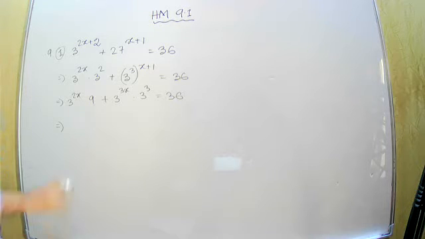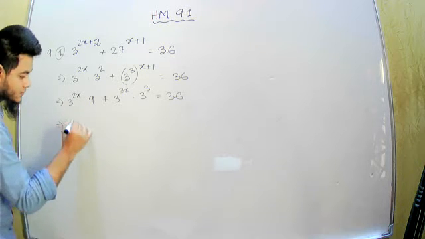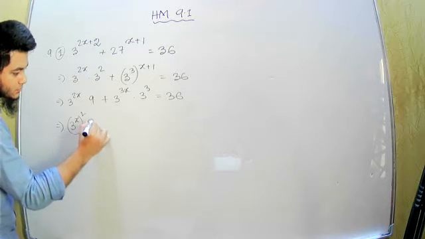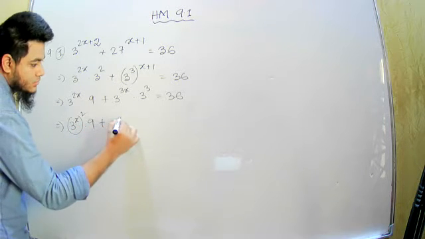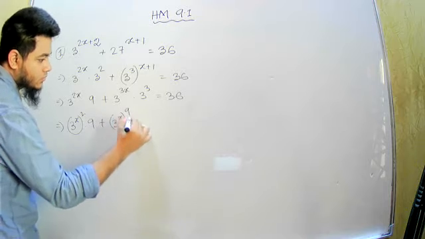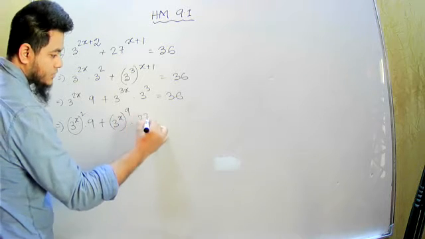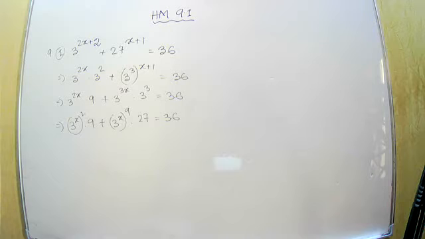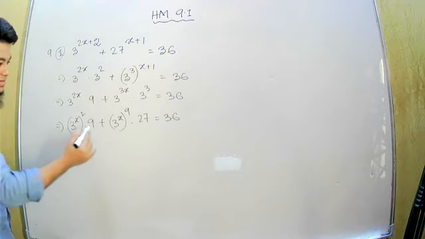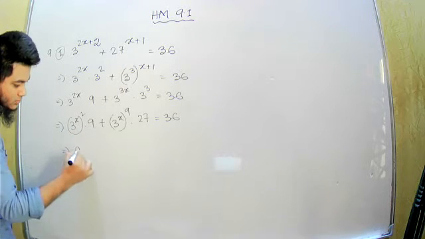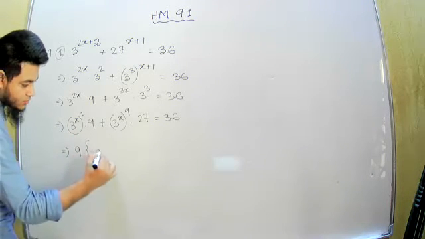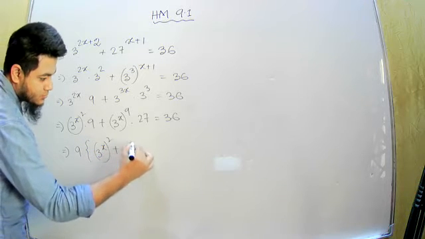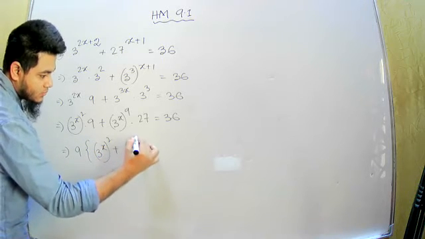Okay. So 3 to the power x, here it will be whole square into 9, plus 3 to the power x, it will be whole cube into 27, is equal to 36. We can simplify it by taking 9 common. If I take 9 common, then it will be 3 to the power x whole square plus 3 to the power x whole,